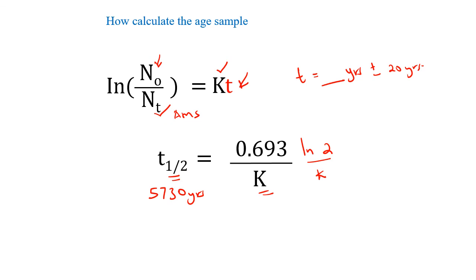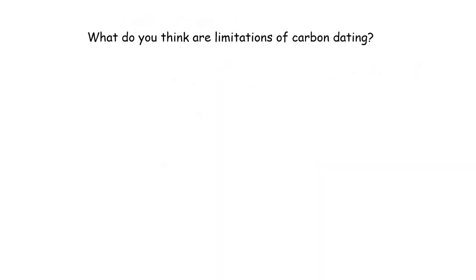However, it's much more complex than it is theoretically. What do you think are the limitations of carbon dating? You know, we might believe this is the only way. Sometimes scientists have to combine it with other dating methods like the tree ring dating and others, to see whether their estimations concerning the age or the date of that specimen are within correct values. So let me know, what do you think would be the limitations of carbon dating, or how effective or efficient is it